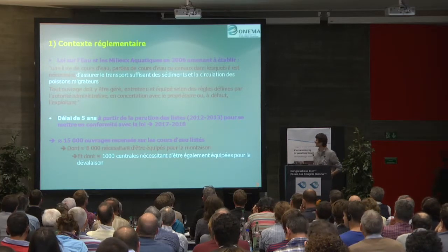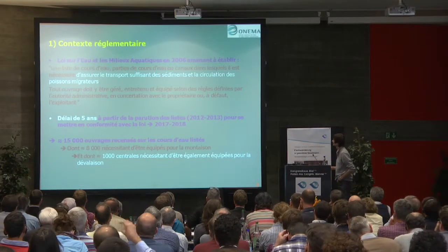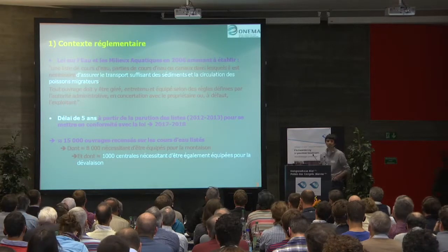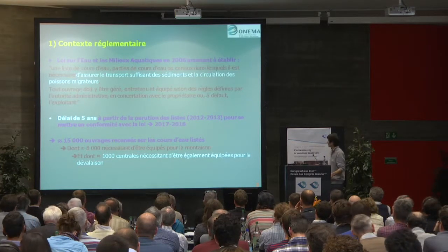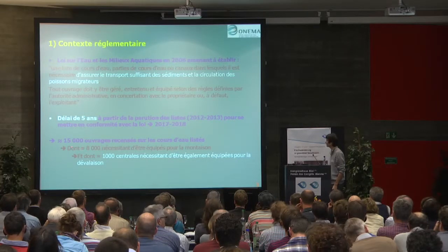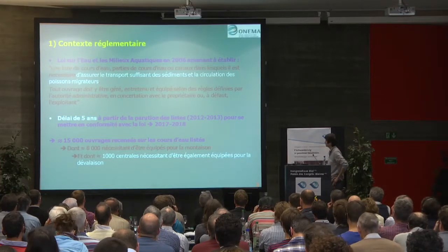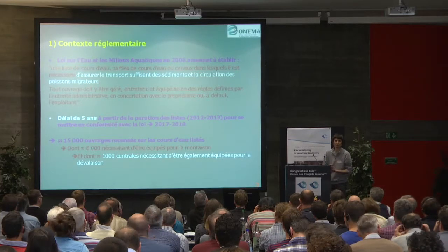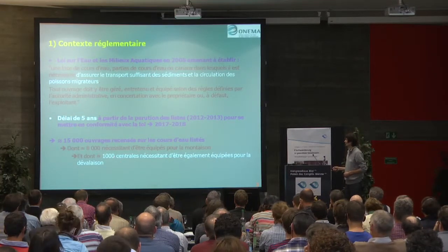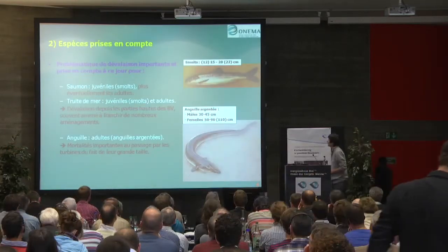A list of waterways was compiled, waterways that are important for fish migration and the transport of sediments, and a term started in 2012-2013, a term of 5 years, to make sure that the existing structures in these waterways are adjusted in a way that fish migration is made available. So we have time until 2017-18. And out of these structures on the list, it's 15,000 structures. We found that about 8,000 still need to be equipped with installations for upstream migration, and, which is even more